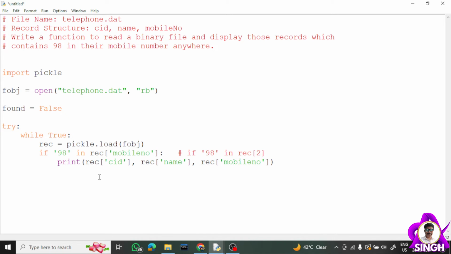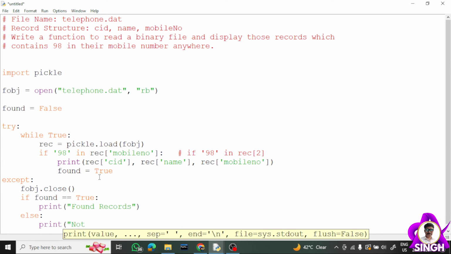And I have to write found equal to True. Now exceptions might be generated, so I write except EOFError. If you are not able to remember what type of error is thrown by load, you can write only except. Then f_obj.close(). Then if found equal to True, show the records found; else, print not found any record.